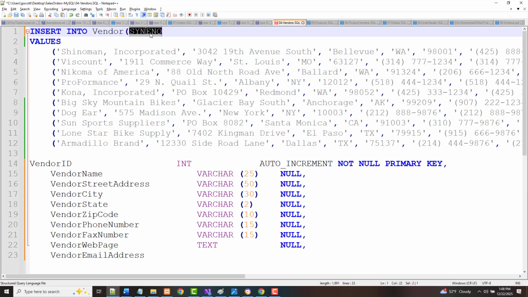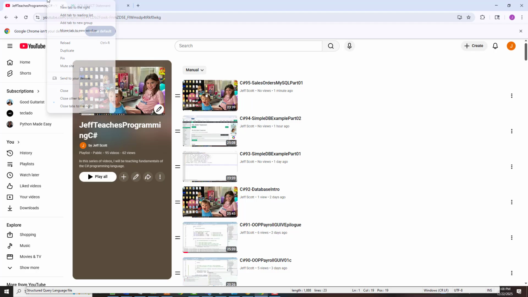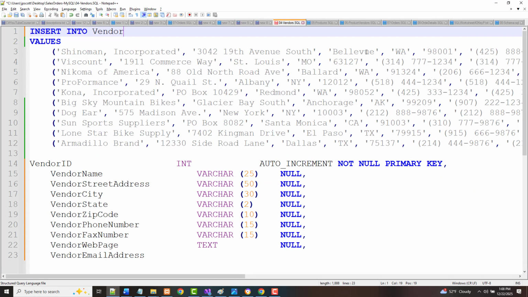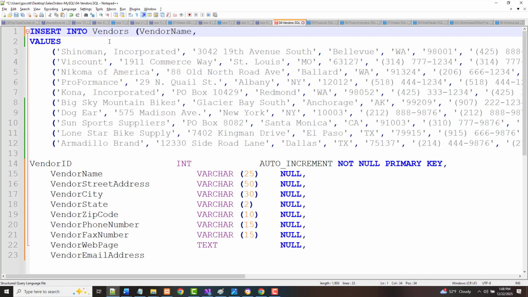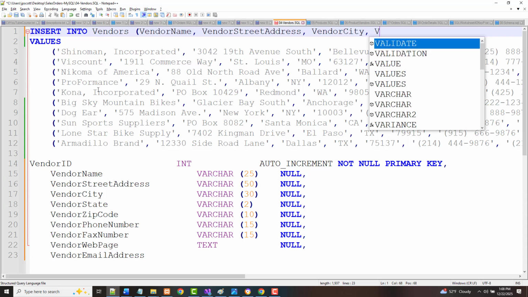So we want to start here with, all right, insert into vendors. Insert into vendors. Vendor name, vendor street address, vendor city, vendor state,